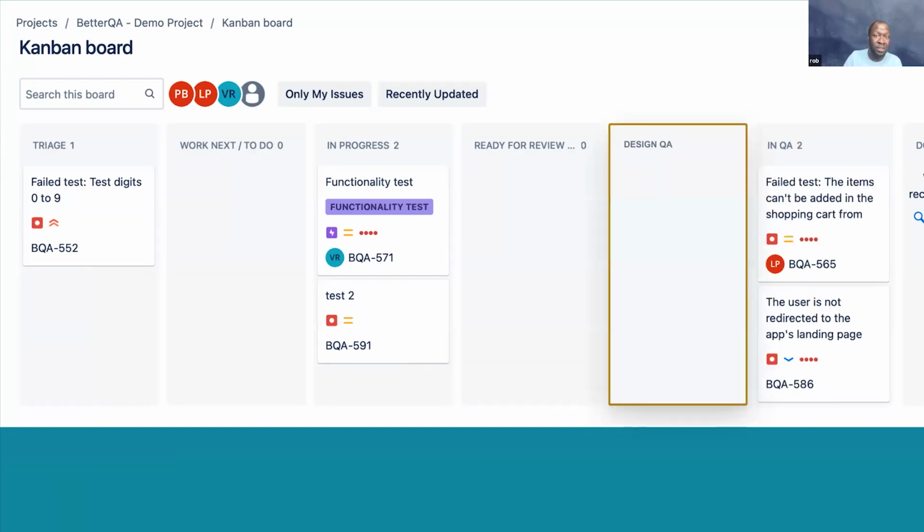So an alternative approach to help reduce the number of additional UI tickets in future is just bringing the designers involved and bringing them into view a lot quicker. If between the ready for review and the in QA columns, we introduce a process of design QA, this would allow designers to conduct design QA before a ticket is handed over to the QA testers.